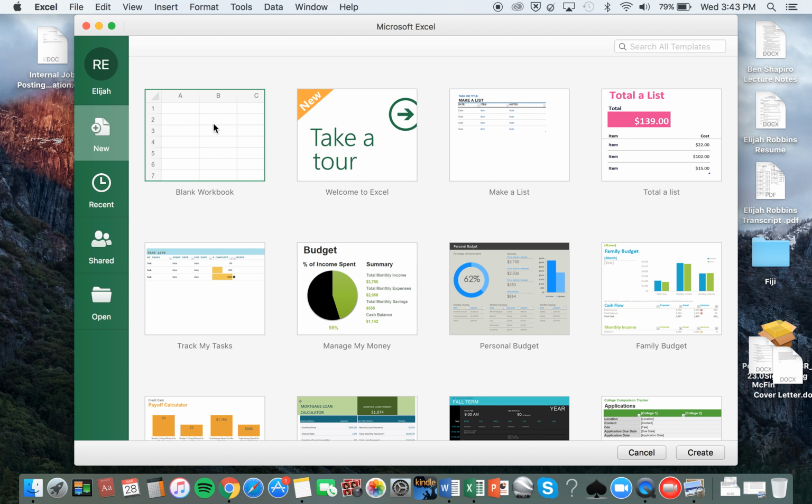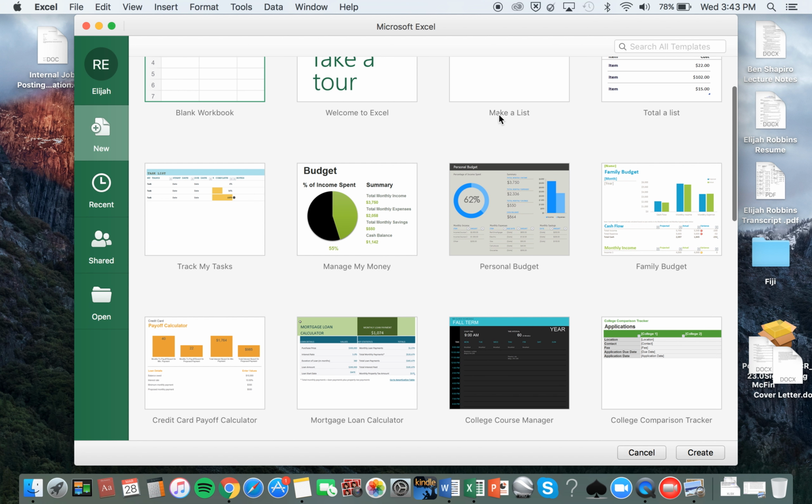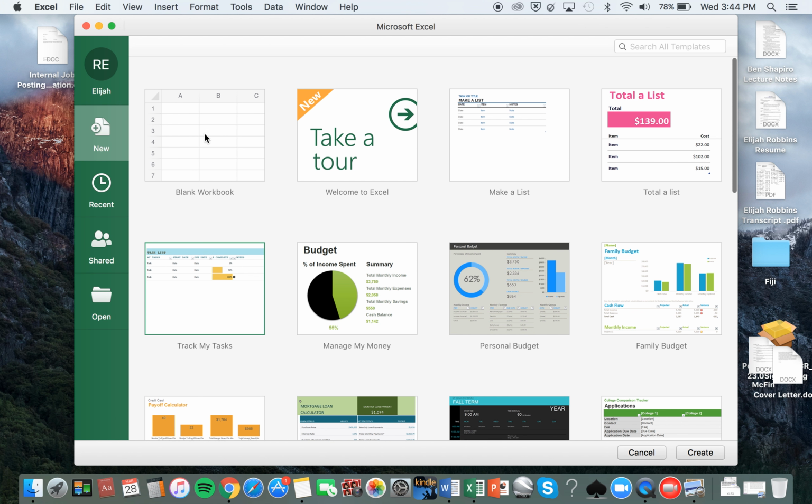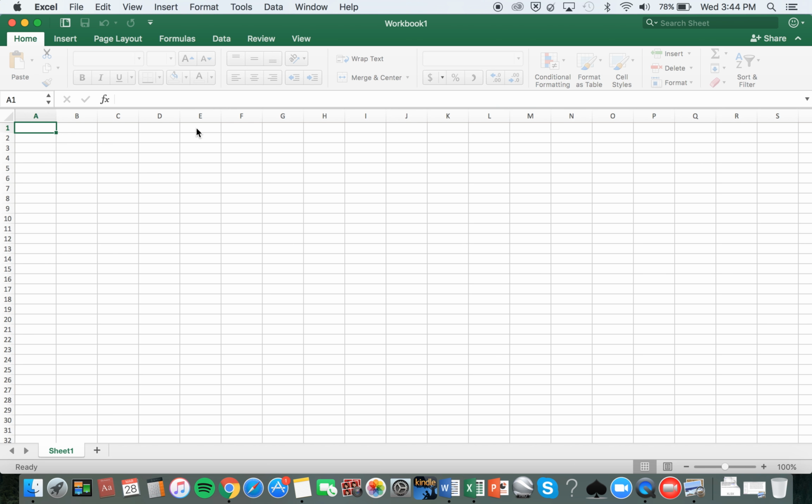The screen has different options on what you can go into. This is a blank workbook, and then it also has pre-made templates you can use to help manage your money or track your tasks or really anything that's on here. Today we're just going to open up this blank workbook and just some terminology to help you sort of understand